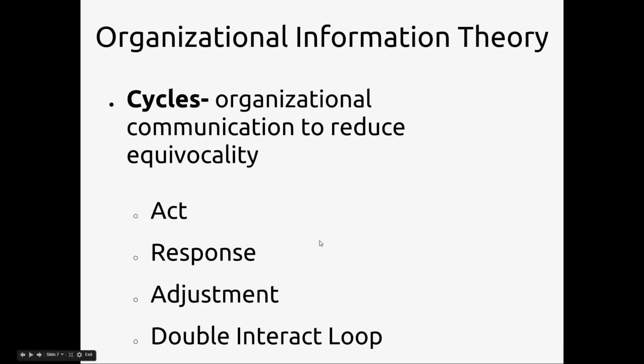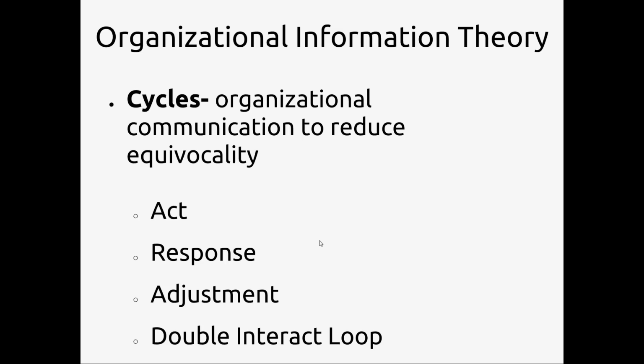So next up, the other way that organizations deal with information other than rules is actually through a communication process. And the communication processes to reduce confusion or to reduce equivocality are known as cycles. So I came up with a little script here. Workers or someone will ask a question, raise a concern, or otherwise call attention to the information problem by acting. This is the first reaction someone has. Experts or other members in the organization will respond to the question or concern with a response.